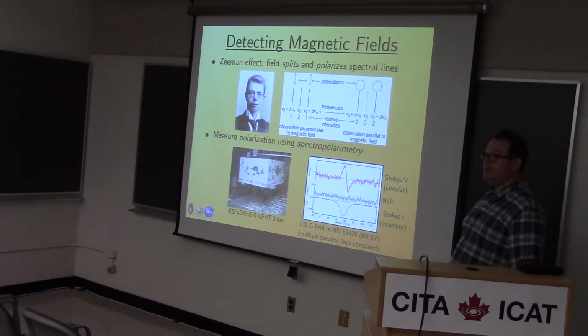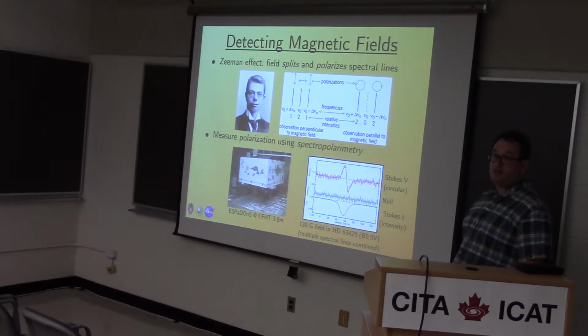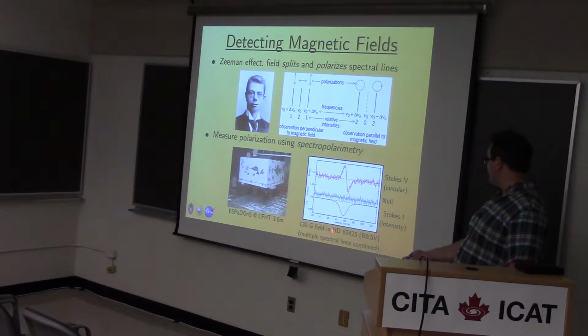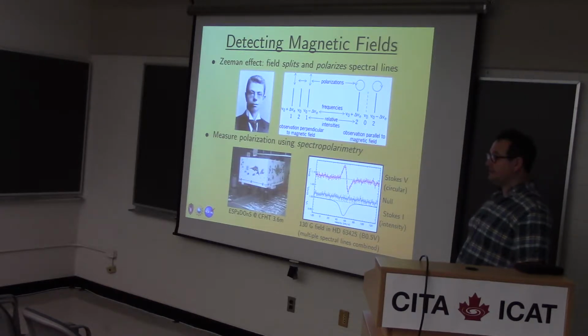So typically what we do is we combine multiple spectra to get multiple line profiles together to try and enhance our signal to noise. This is the circular polarization signature, and this is the classical sort of sigmoid shape of a dipole magnetic field. And then this is what we call a null polarization spectrum. It just checks that we haven't goofed up our analysis. It should be 0. It is 0. And in fact, this is a spectrum for a B0.5 star that has a 130 Gauss field. Okay?